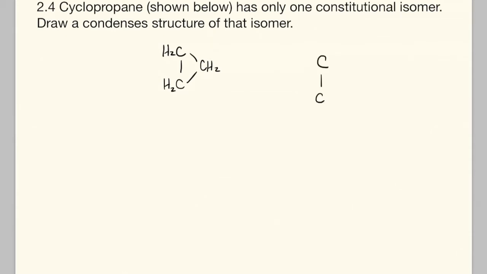You can draw out the Lewis structure for this, and you can see that it has a total of 3 carbons and 6 hydrogens. So that's what you have to play with. Now, there's no real other way to make a ring structure of this, so you could try breaking it apart. And you might think, well, another structure might be this,